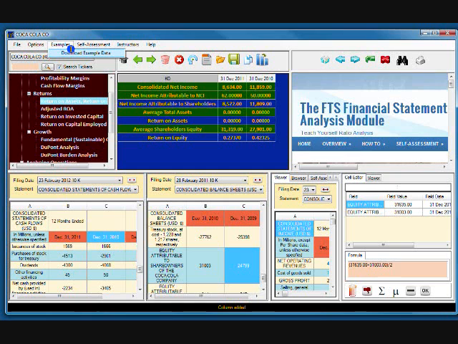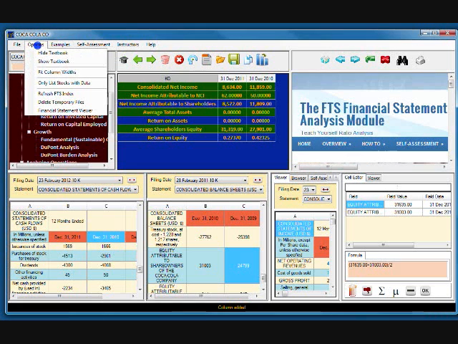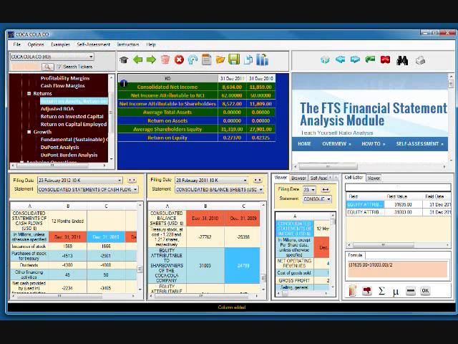There are various other options which, as you start to use it, will become more evident. There's one thing I do want to point out, that